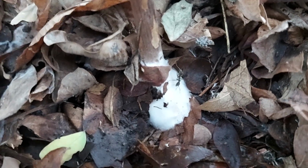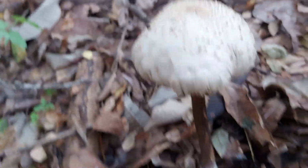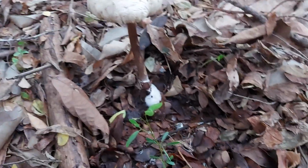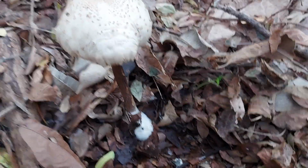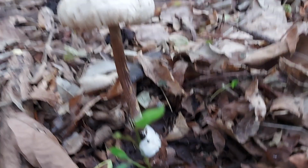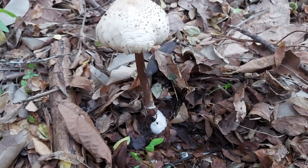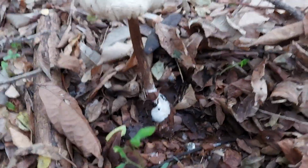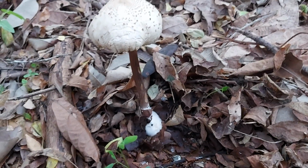I don't know, because I'll have to check on this mushroom every day till it completely decomposes. Then I'll be able to report back on exactly the sequence of events involved in the natural autolysis or decay of this specimen. Here I'll be focusing, unless animals at night destroy this or there is some human interference. Generally there is no human interference in this area because it is very difficult to step in. But I will be able to properly build a sequence of this decomposition as a function of time in the coming